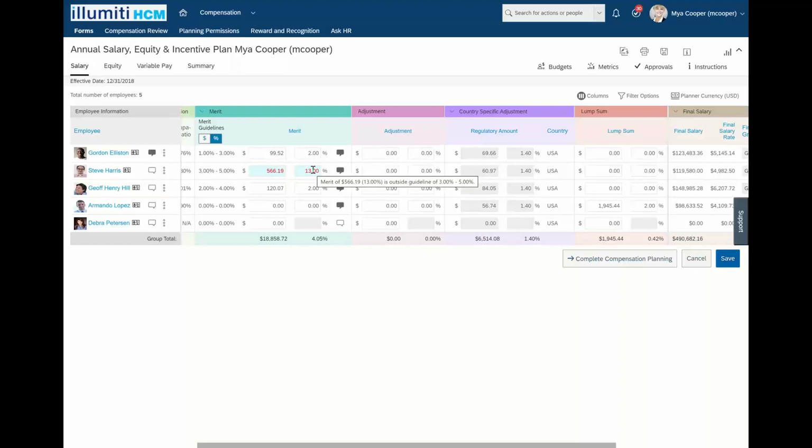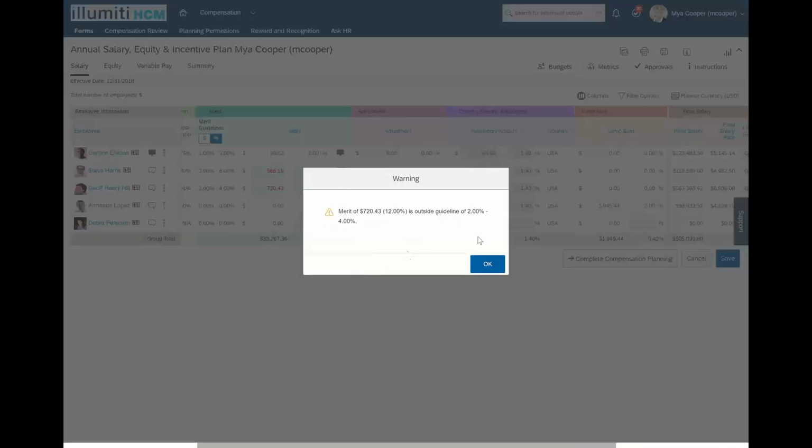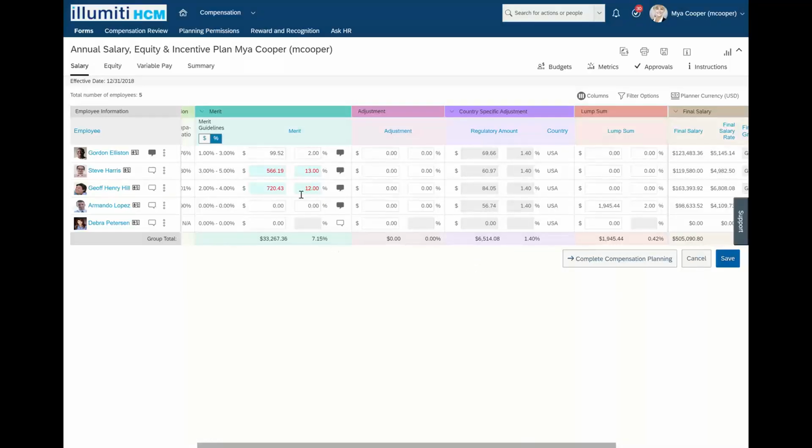Now, depending on your particular rules or plan guidelines, you can allow managers to plan outside of a guideline, or you can lock it down and very firmly say all awards must be within the given merit guidelines here. So it just depends on your preference if you want some type of warning or if you want that to be a hard error. For example, if we look at Jeffrey Hill here, he's at 2% right now, but if we change that to 12%, it will go outside of his guidelines, and it's going to let us know that that particular increase amount is in fact outside of those guidelines. So now it's highlighted in red for me,